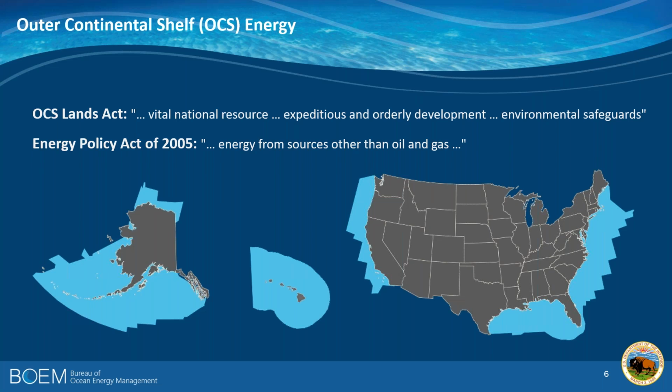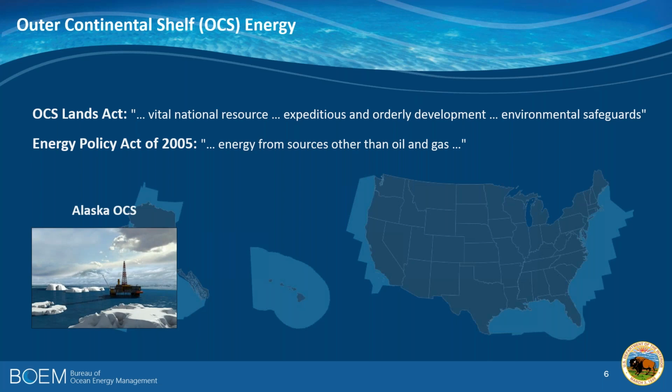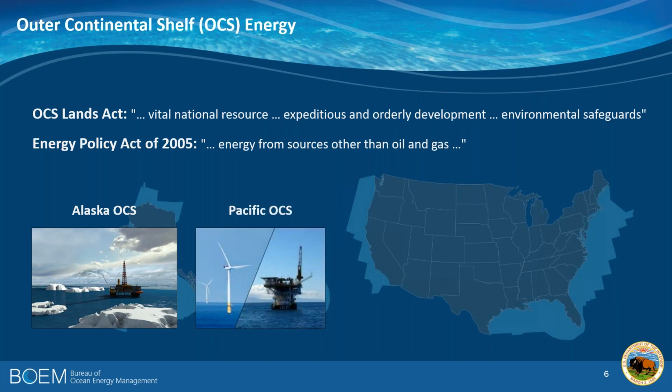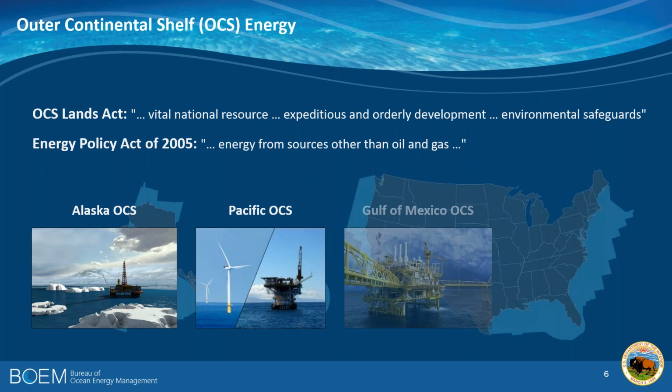I want to mention that we have 4 offices. First in Alaska, where they're looking at the possibility of oil and gas exploration both in the Arctic and in Cook Inlet. We have a Pacific office, which has legacy oil and gas activities, but also has great prospects for wind energy, which we'll talk about a little bit. The Gulf of Mexico, which produces 25% of the domestic energy production in the U.S., and the Atlantic, which is a very, very high potential area for renewable energy.